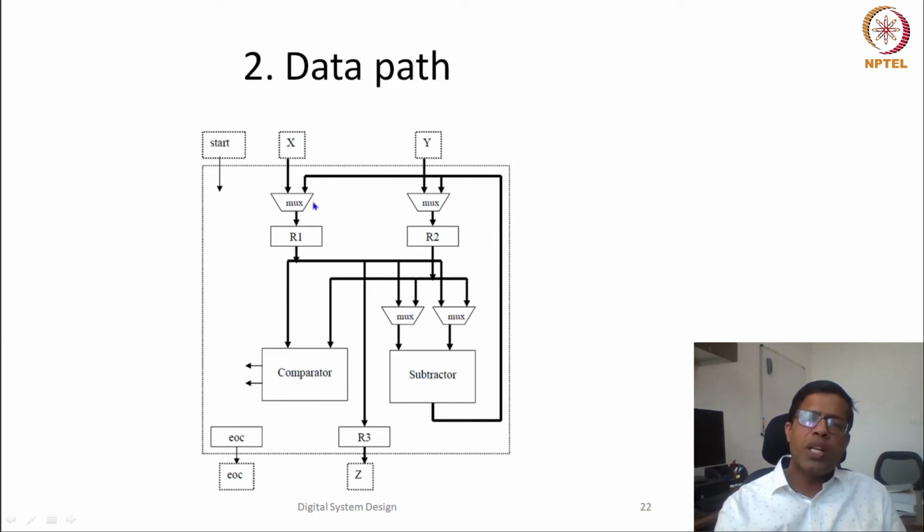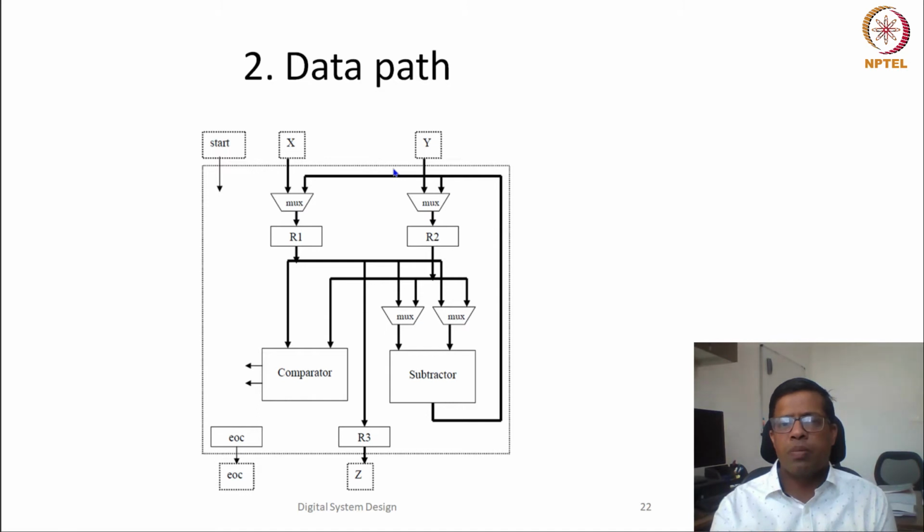So this is how we are putting different multiplexers, and this whole is called the data path. Now if you see this data path carefully, if this is the register R1, the worst case logic would be R1 going to this multiplexer and then going to the subtractor, and after that getting to another multiplexer and then getting written to a register. So that means the worst case path is going to be the delay of two multiplexers plus the delay of a subtractor.